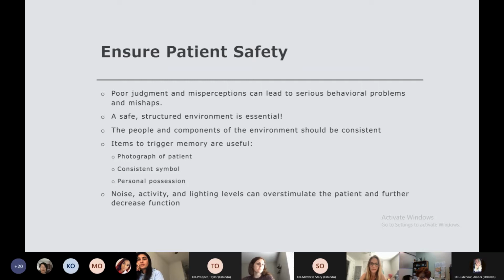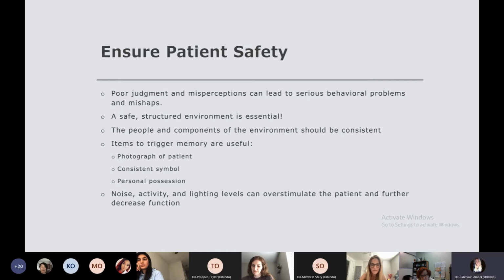A safe, structured environment is essential. The people and components of the environment should be consistent. So a lot of times, the same nurse that's normally taking care of a certain patient and knows the routine of them,